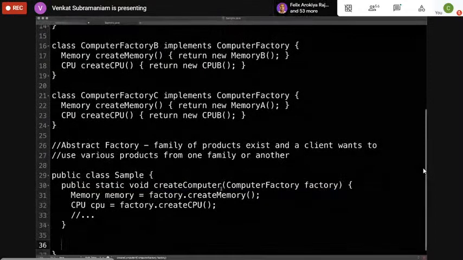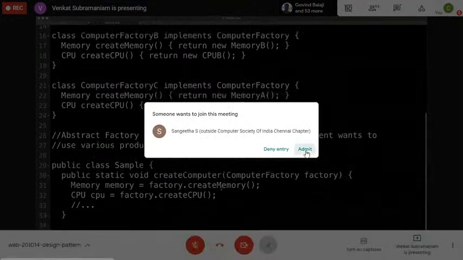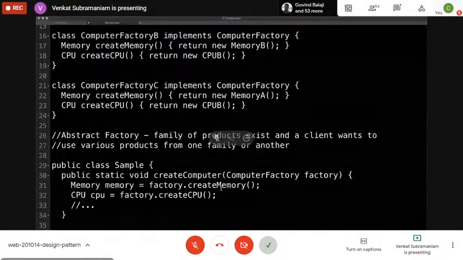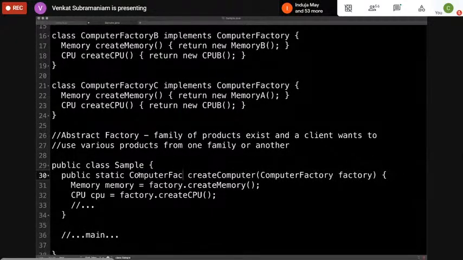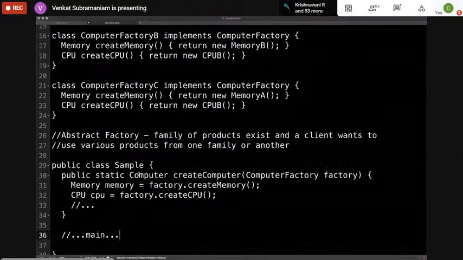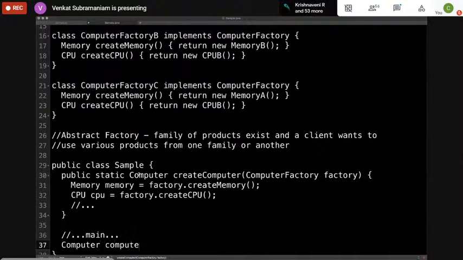Now we can go back here and say, in this case, let's say this is the main function, and this is going to return a computer in the very end of this whole thing. Then we can call this computer 1.